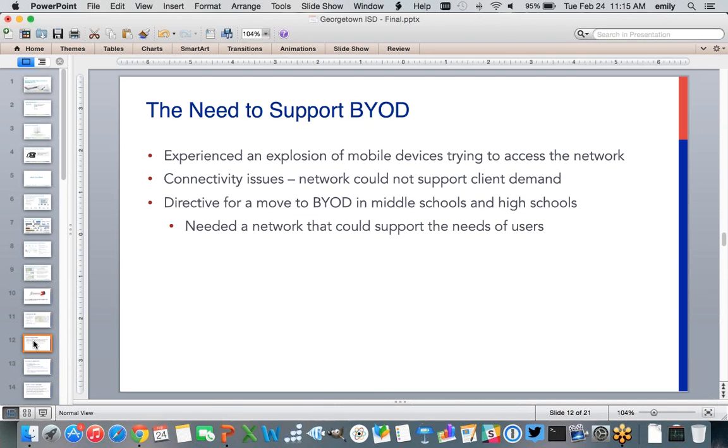The equipment was just getting old and really needed to be replaced, and we also didn't have the density that we needed. We were starting to see a huge explosion, I would say, of mobile devices. Lots of laptops, iPads were coming on board almost quicker than we could get them unpacked. So really we had an old wireless infrastructure that needed to be not only replaced, but we needed to add to it to be able to support the type of density that we were seeing coming.